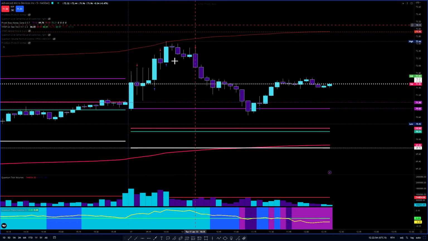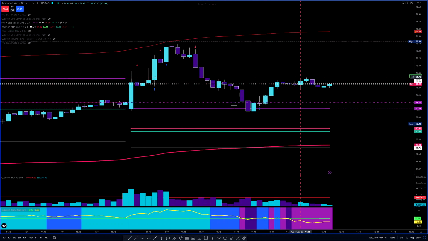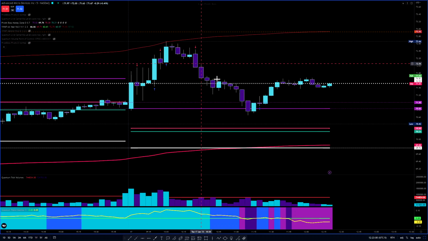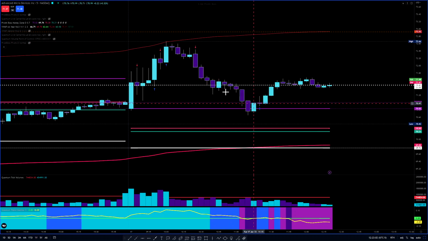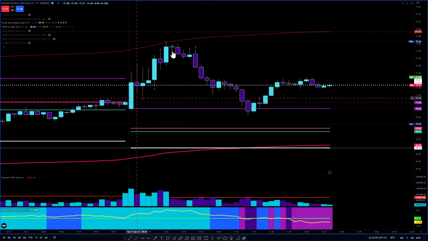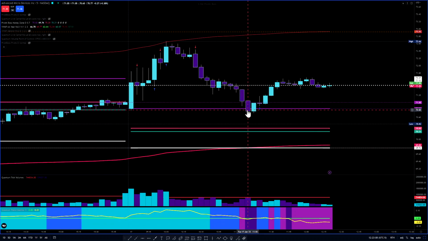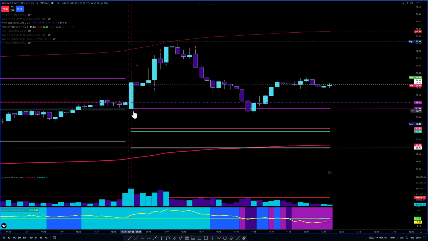So we might get something like what actually turned out to be a typical day, where you have a push up in price and it comes back into a mean reversion trade. You know what I'm saying? It pushes up, or it might pull down and then come back into value. So today we opened just at the value area high at around 70.83, pulled down a little bit, and then